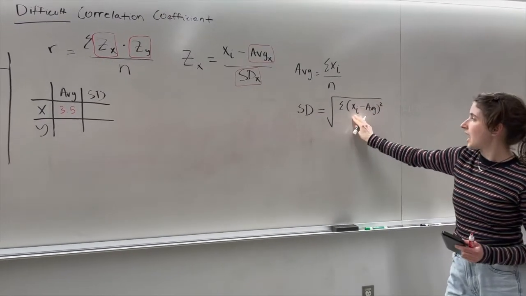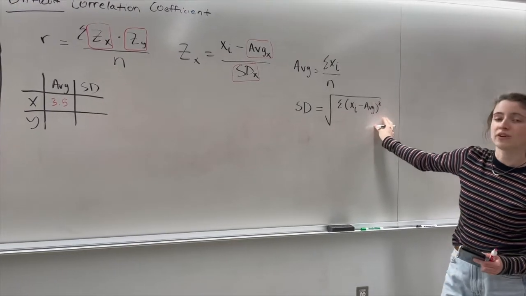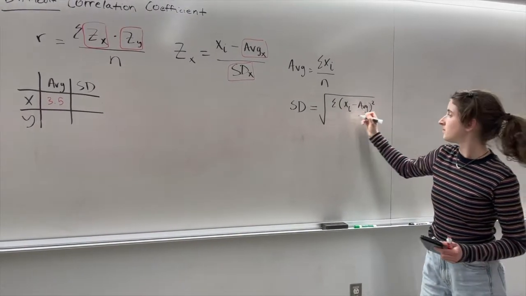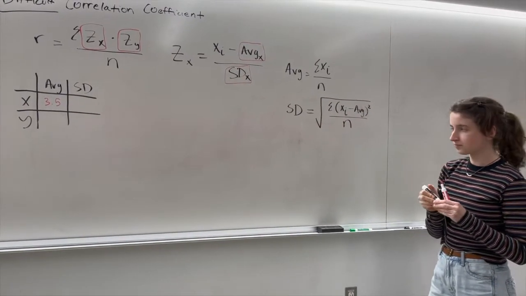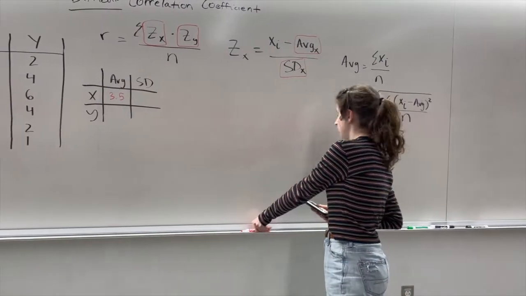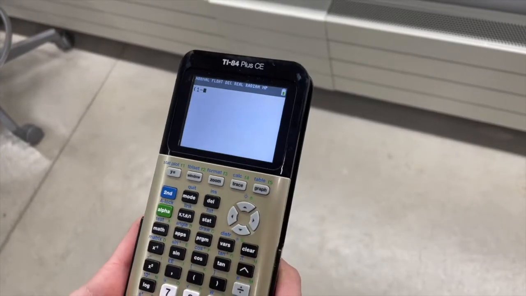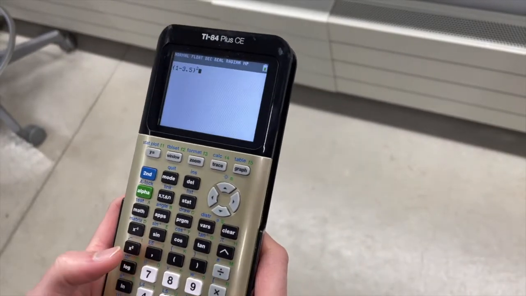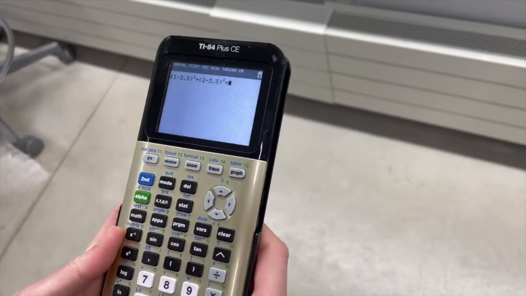So you take every value, subtract the average, square that, do it for every value, and then add it up at the end. And then you divide by the number of values. And so in this case, the standard deviation is, so you do 1 minus 3.5 squared plus 2 minus 3.5 squared plus